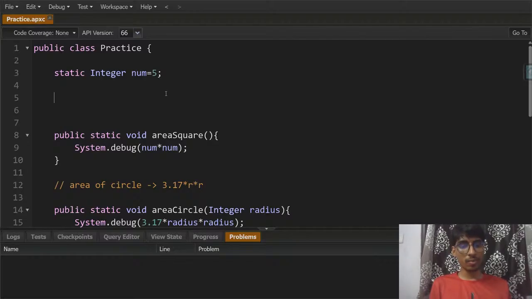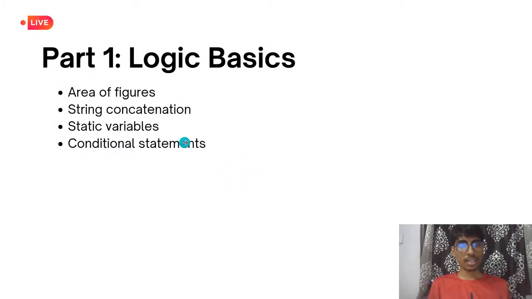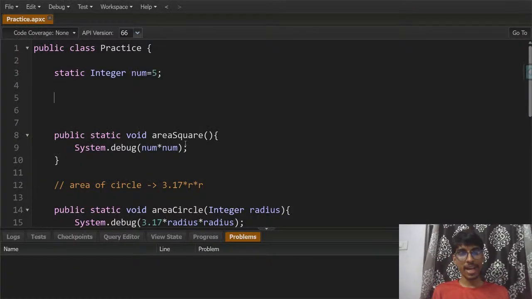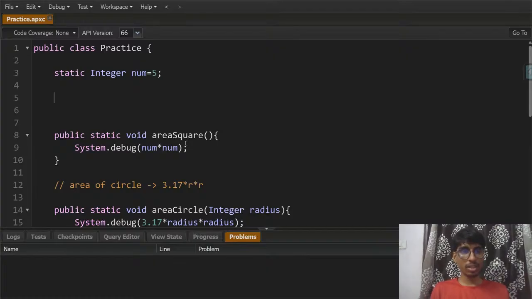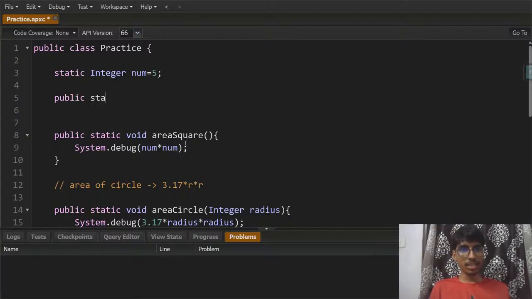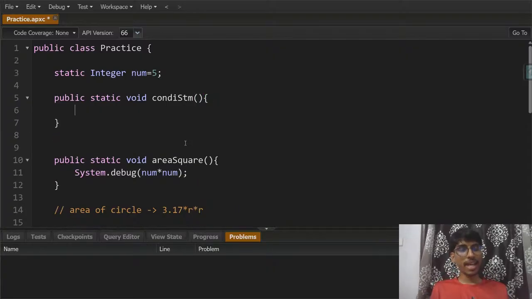Let's learn what a conditional statement is, which I have written here, and we'll be learning that by two methods. The first method will be directly conditional statements, and the other is the inline conditional statement. So let's do it. Public static void conditional. Let's write the shortcuts, conditional statements, and in that what I'll be doing is basically,